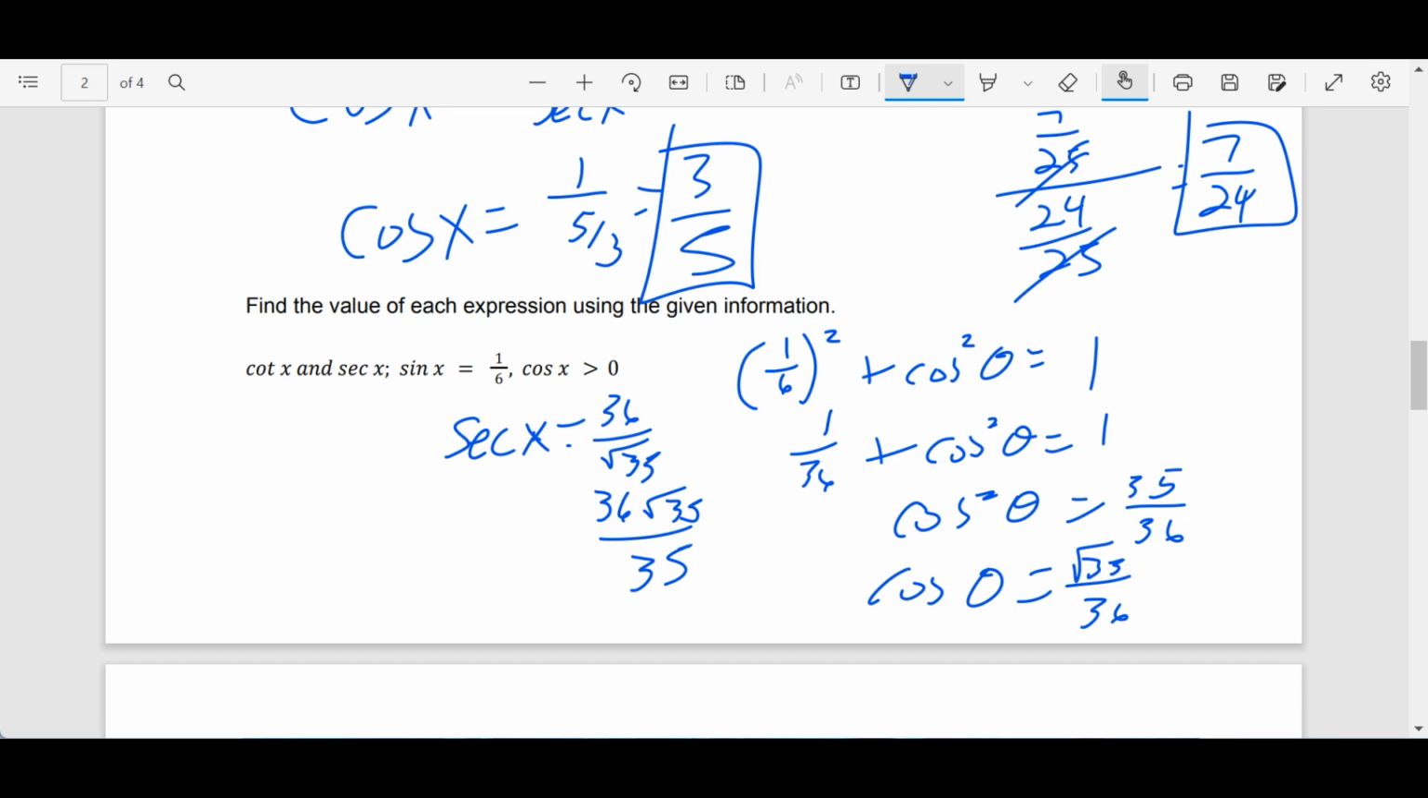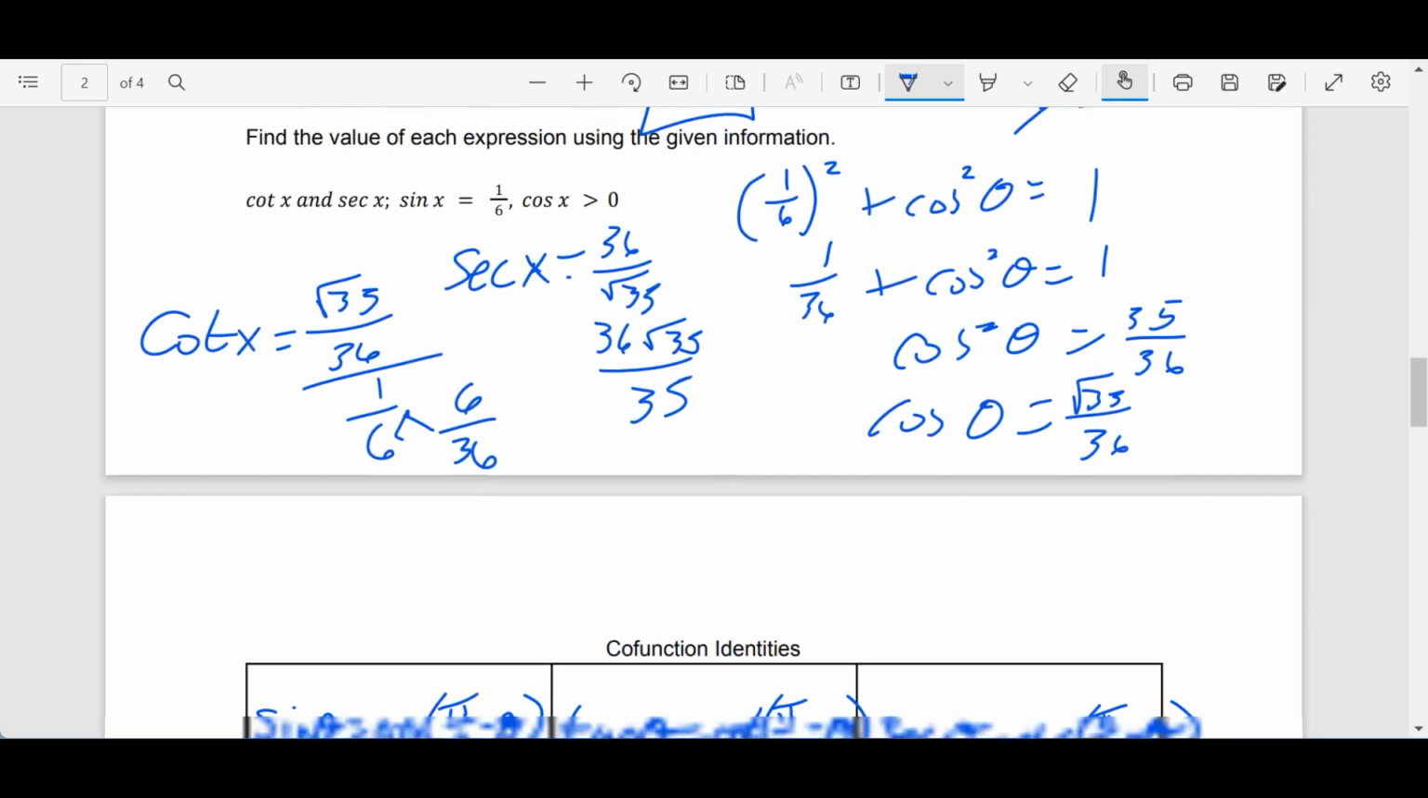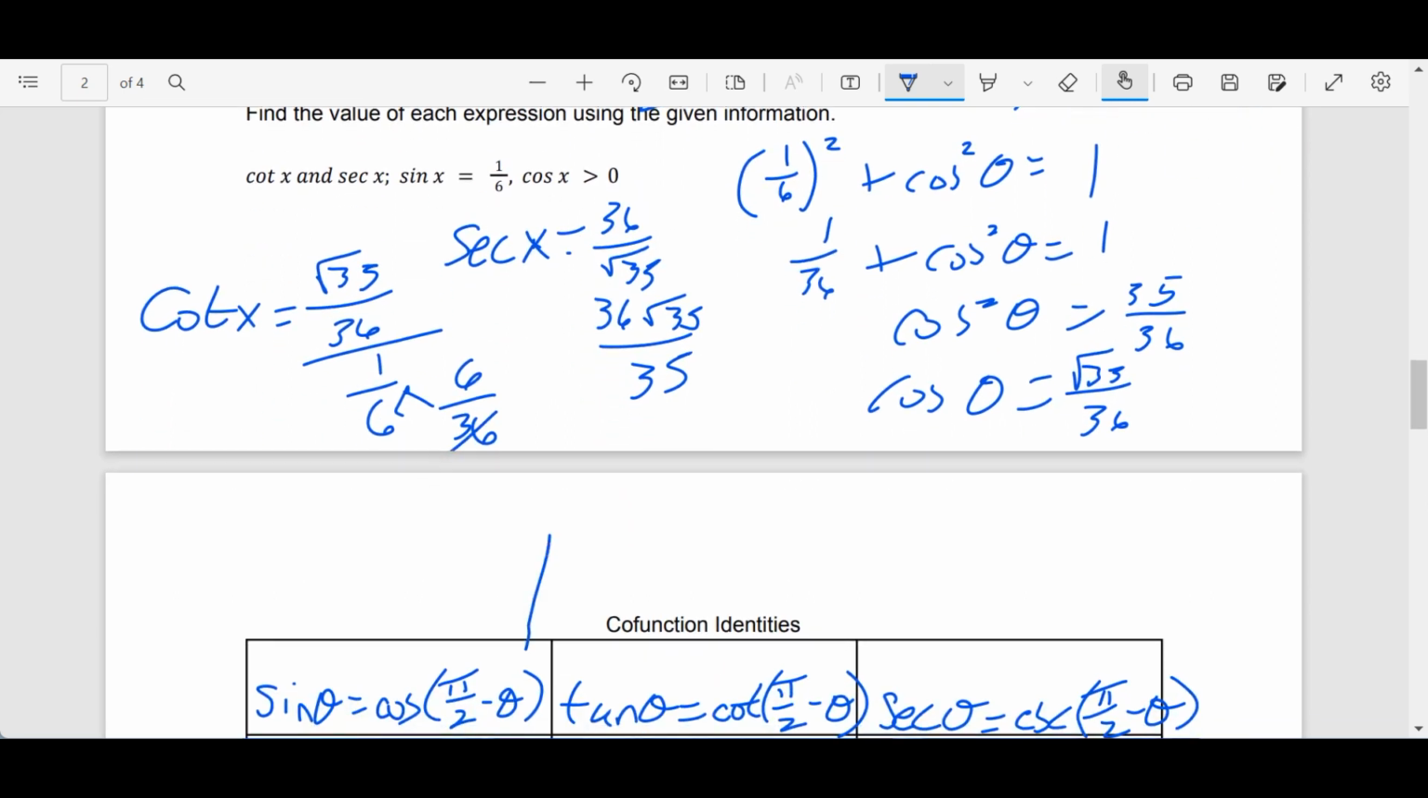Now cotangent is cosine over sine. We just went over that, right? So cotangent x is equal to root 35 over 36 divided by 1 over 6. Now, if I get a common denominator, that'll get me 6 over 36 instead. So I'll replace it with that. And the 36 is canceled. I'm sorry, I didn't mean to scroll. Giving me root 35 over